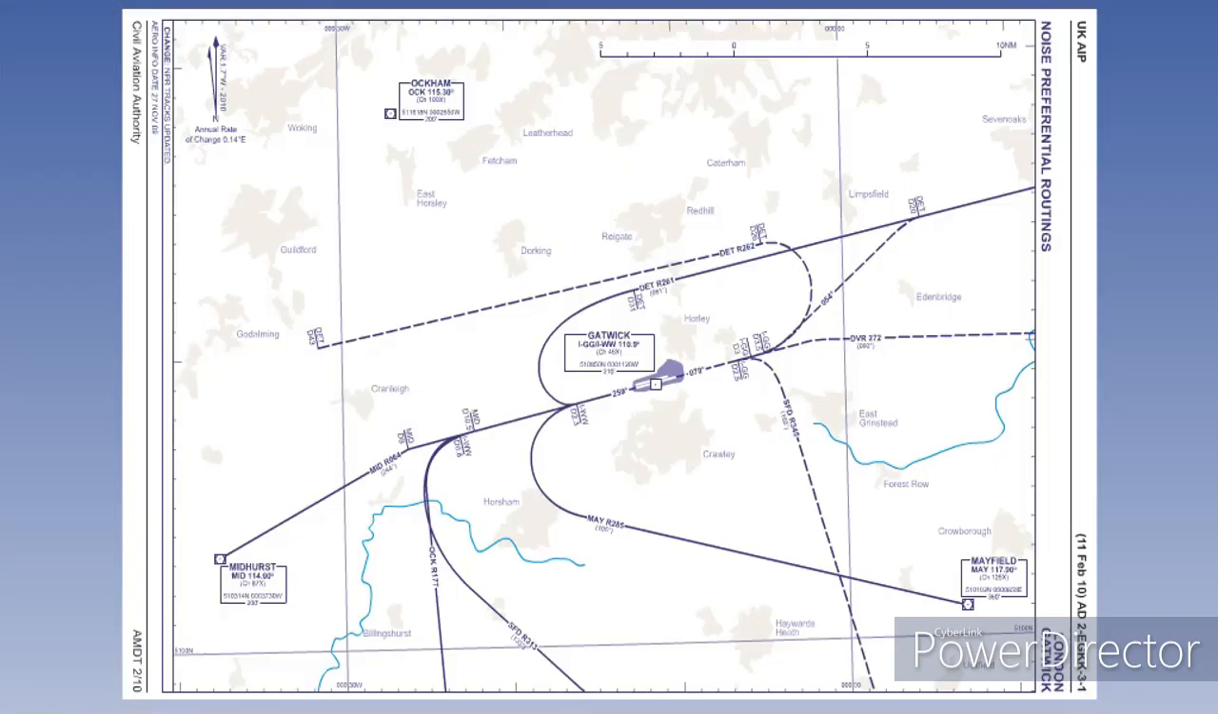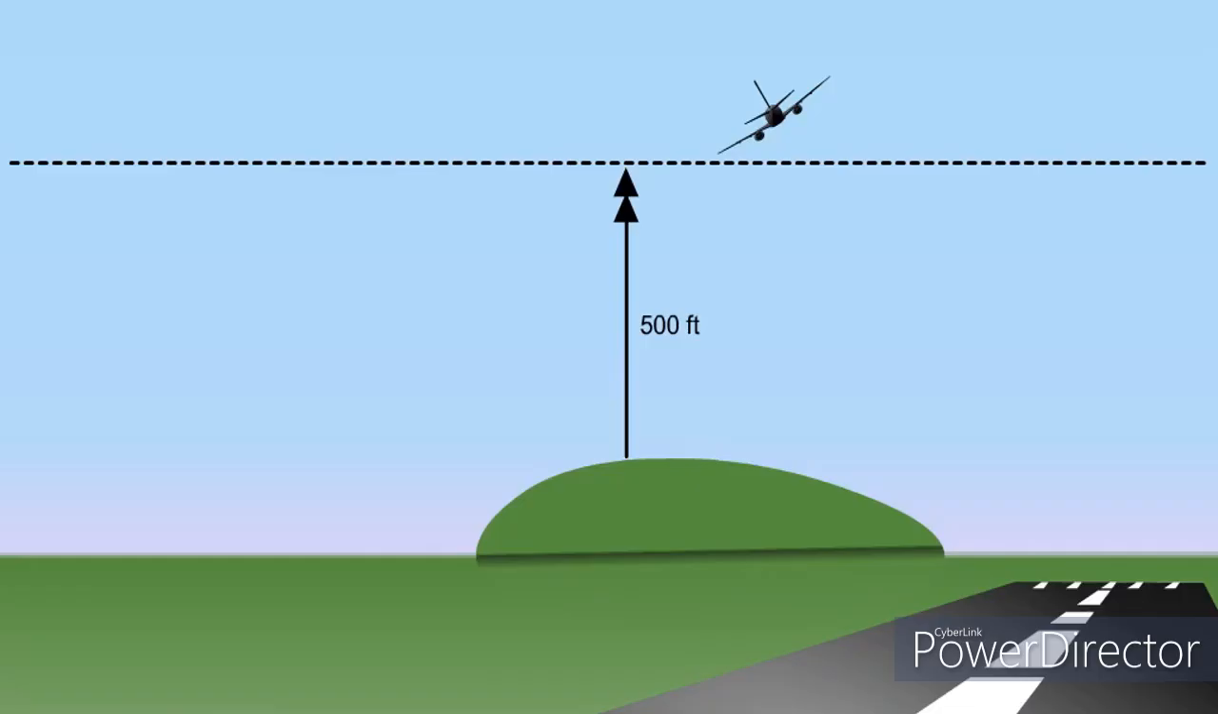Noise preferential routes are established to ensure that departing and arriving aircraft avoid flying over noise-sensitive areas near airfields as much as possible. There are strict parameters which apply to the use of turns in noise preferential routes, principally to avoid manoeuvres which could be hazardous close to the ground. Therefore, noise preferential routes will not include a turn below an aircraft height of 500 feet or 150 metres above ground or obstacles throughout the